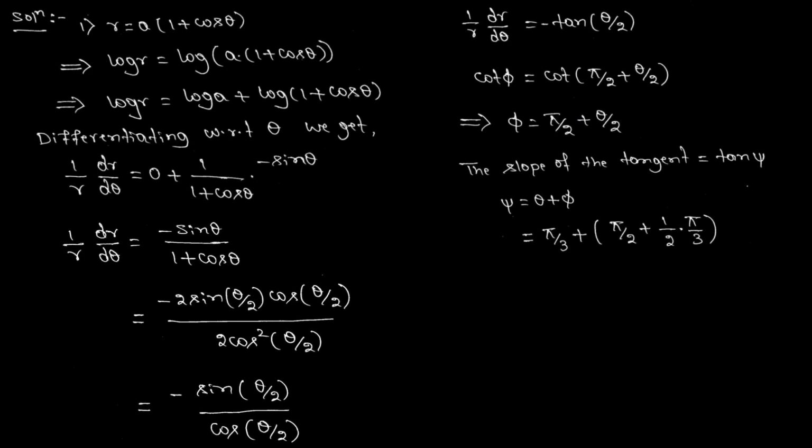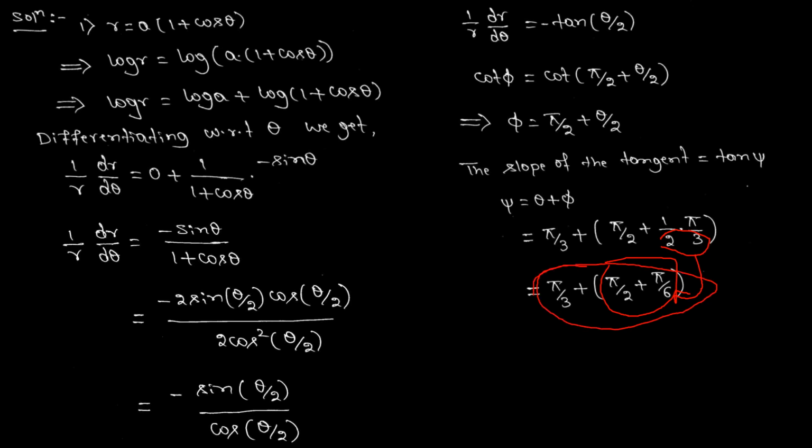Yes, we have written. If we simplify this, 2 threes are 6, which we have written here in the denominator. Then again, we take the LCM for these two or all at once. Let us take the LCM.